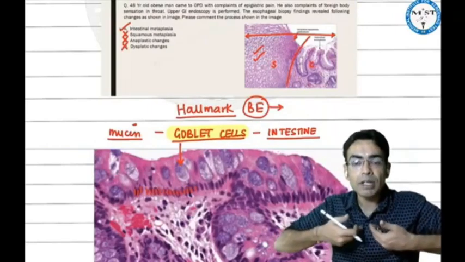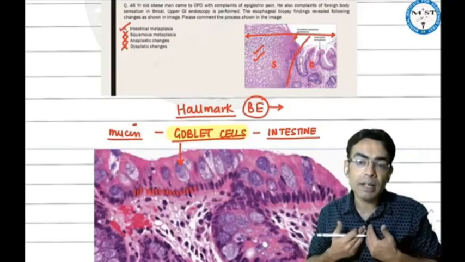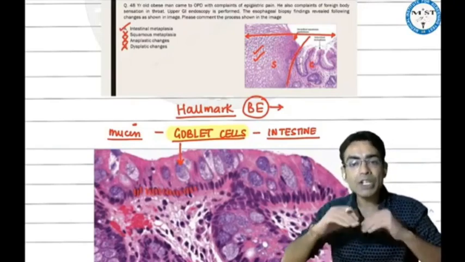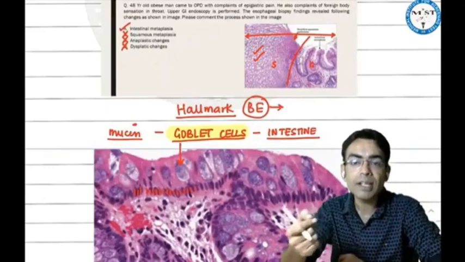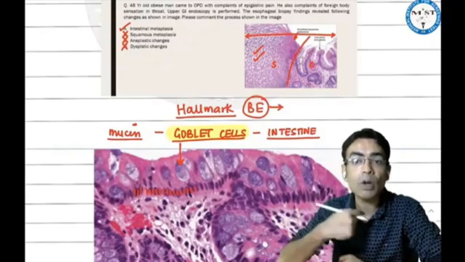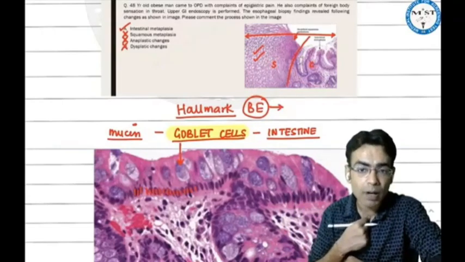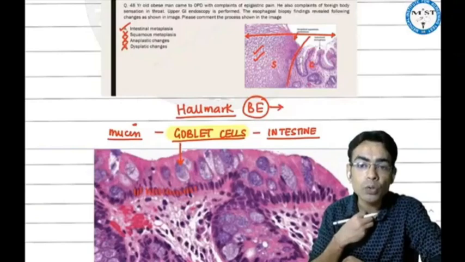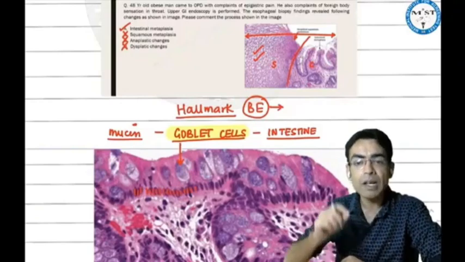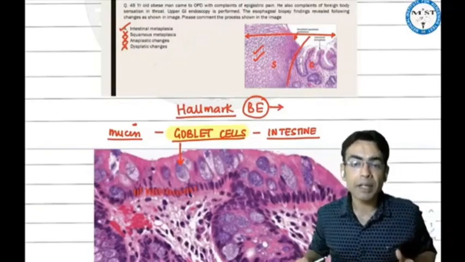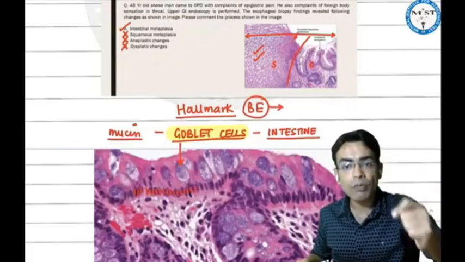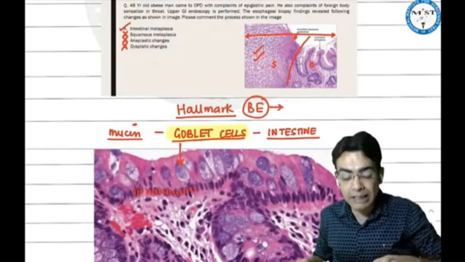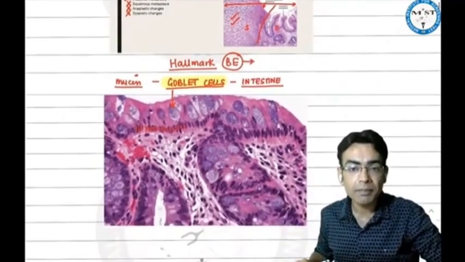The acid is getting up. Now this is damaging the esophageal epithelium, and it changes into an epithelium which can sustain the acid insult. What is the epithelium which can sustain the acid insult? That is a columnar epithelium. That is why the columnar epithelium is coming in the lower part of the esophagus, to stay safe from the acid insult. But if this insult keeps on happening, if something keeps on damaging the esophageal epithelium, what will happen? This metaplasia which you are seeing will convert into a dysplasia.